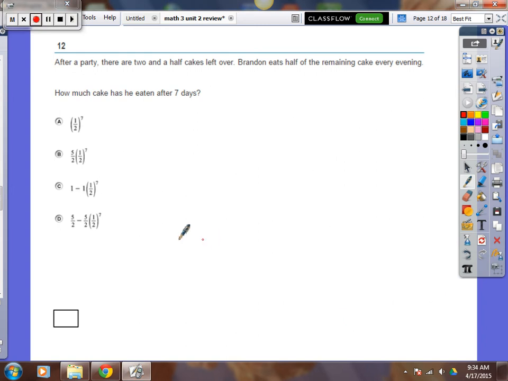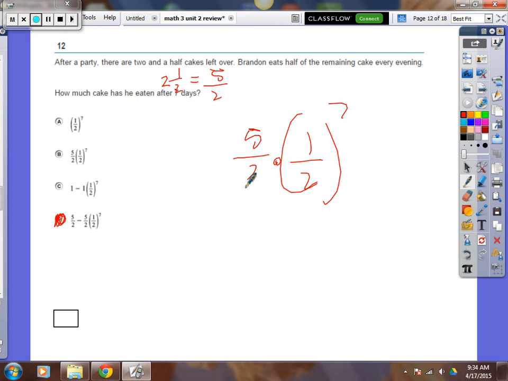So we got to have this. It's going to be D. You're going to choose D, because you're going to take 1/2 7 times and you're going to times it by how much was there. 2.5. 2 and 1/2 cakes really is the same thing as 2 times 2 is 4 plus 1. That's 5 halves. So if I times that by how much was left, if I times that by 5 halves,